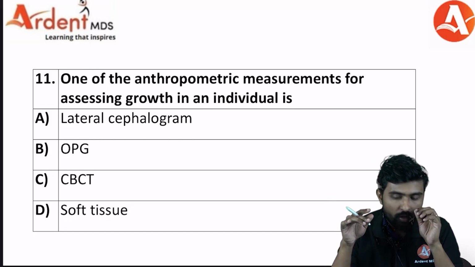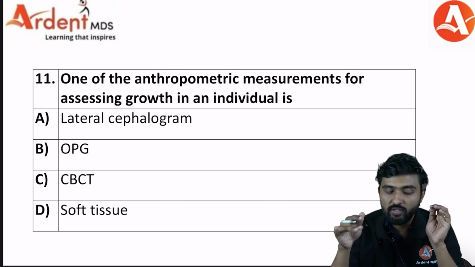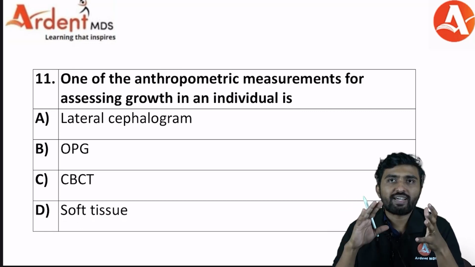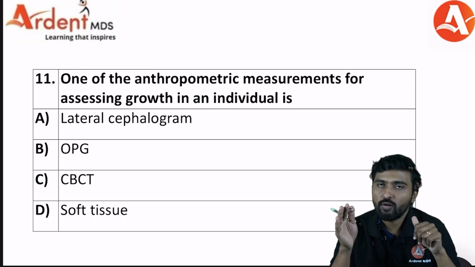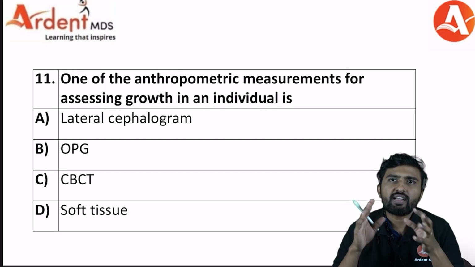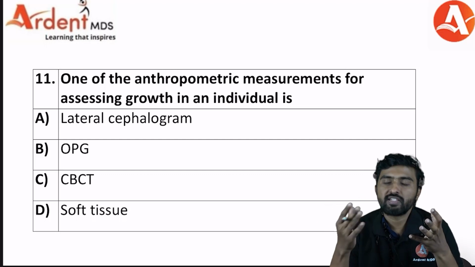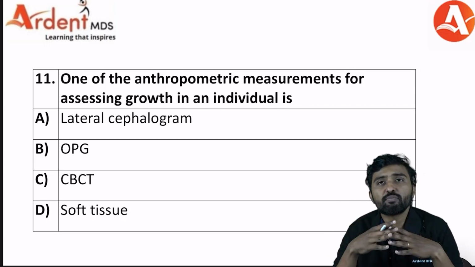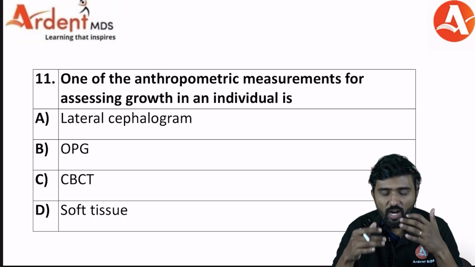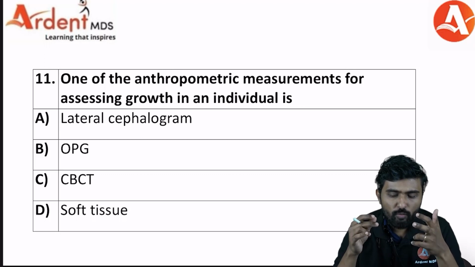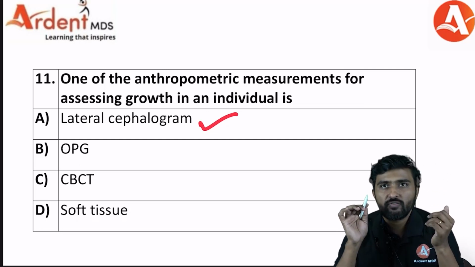Coming to the next question. One of the anthropometric measurements for assessing the growth of an individual. There are two ways of assessing growth. One is craniometric, the other is anthropometric. Craniometric measurements are done on dead skulls, whereas anthropometric measurements are done on the living individual. Amongst the options lateral cephalogram, OPG, CBCT and soft tissue, the right answer would be lateral cephalogram, because of the